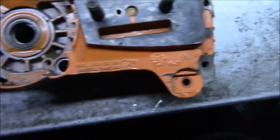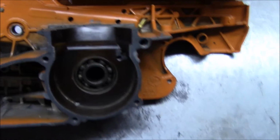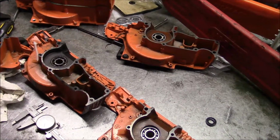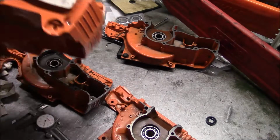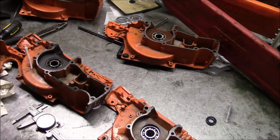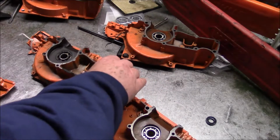Boy, I've got a lot of these cases laying around now from blown up X-torques. I probably should do a separate video on this, but I get a question all the time about whether these Chinese cases will work with the new X-torques, and the answer is no. Of course, that begs the question about what's the real difference between the 372 X-torques and the original editions, and